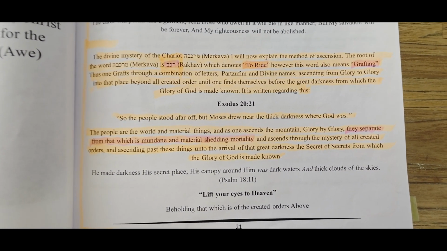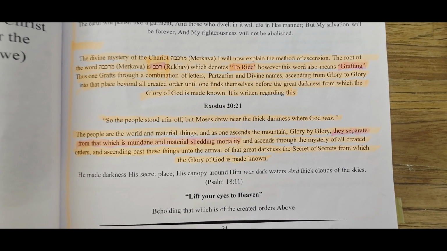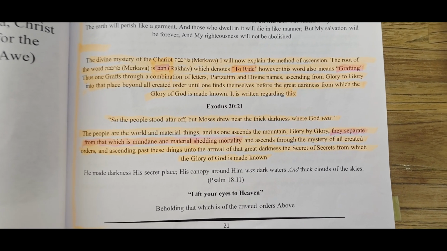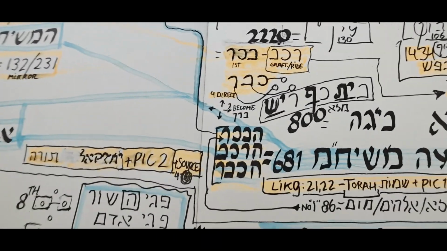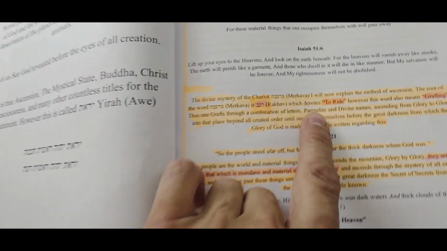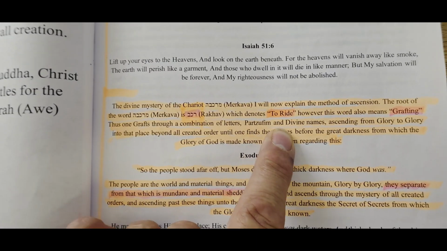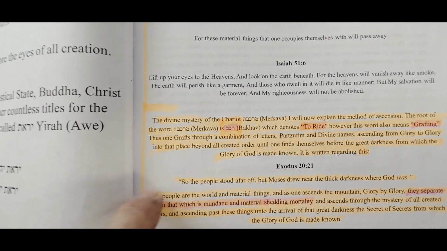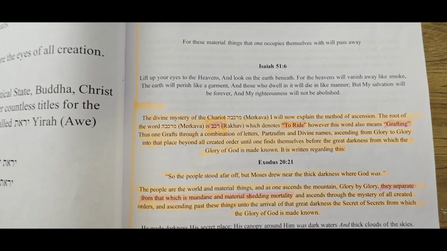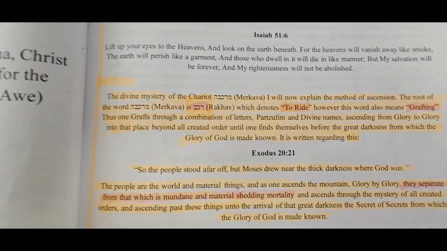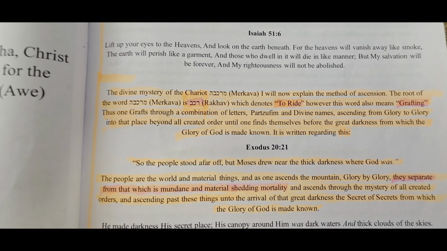The divine mystery of the chariot, Merkava. I will now explain the method of ascension. The root of the word Merkava is Rechav. Here, Rechav, see it? Which denotes to ride. However, this word also means grafting. Thus one grafts through a combination of letters, Patsufim, and divine names, ascending from glory to glory into that place